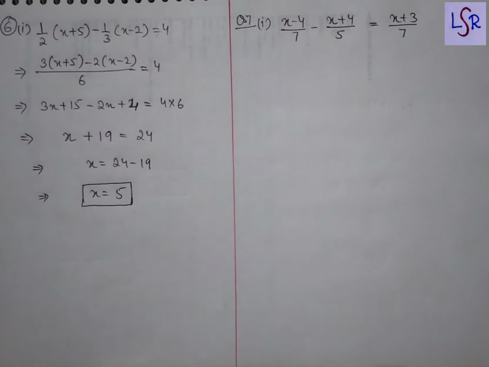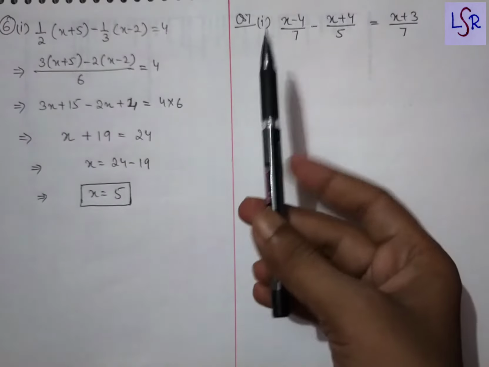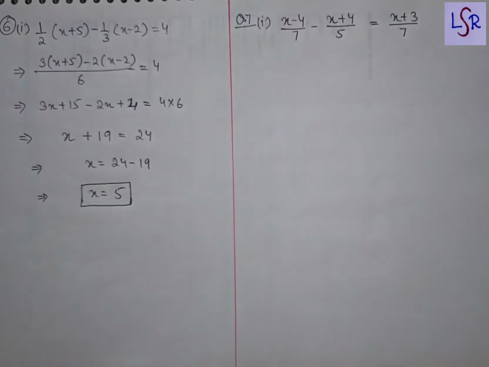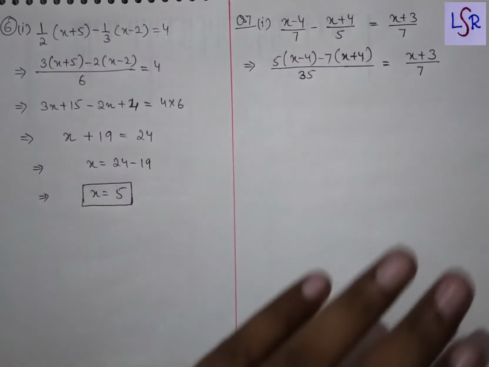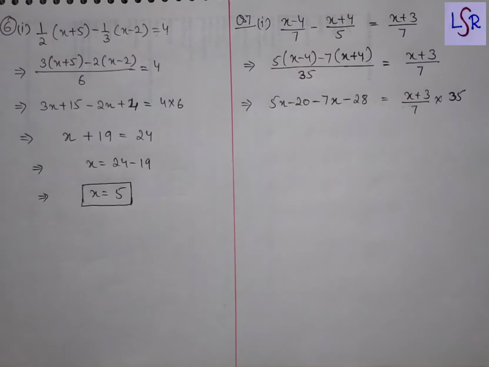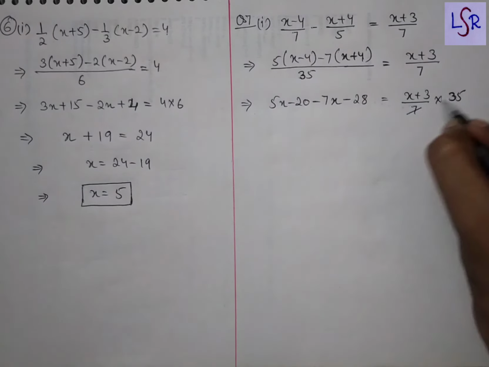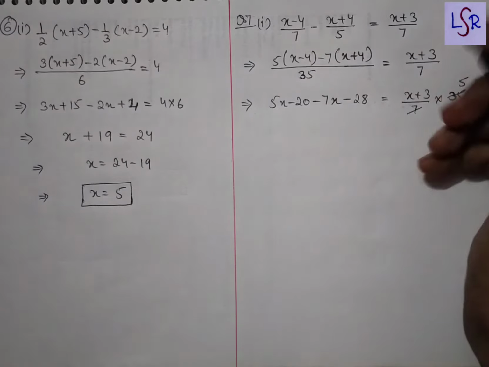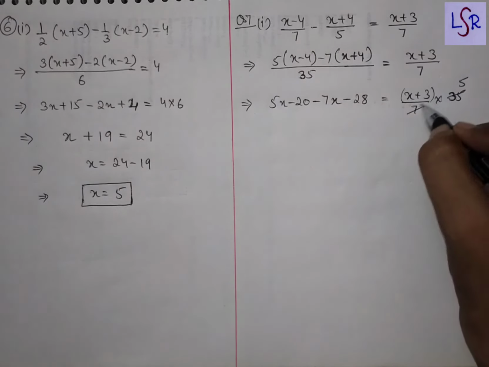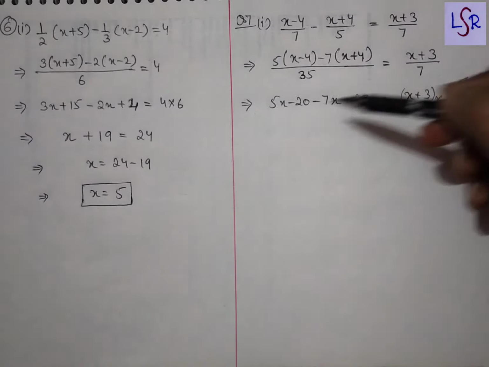Now let's see question number 7, first part. Here we are having x in both of the sides, in LHS and RHS also. Now here we are going to begin with taking LCM in the LHS. On taking LCM we have got this. Now we'll open the bracket and shift 35 on the other side. After this we can see that we can cancel out this 7 and 35, we get 5 over here. Now we can open the bracket as we assume that a bracket over here, and then we're going to solve the like terms on this side.